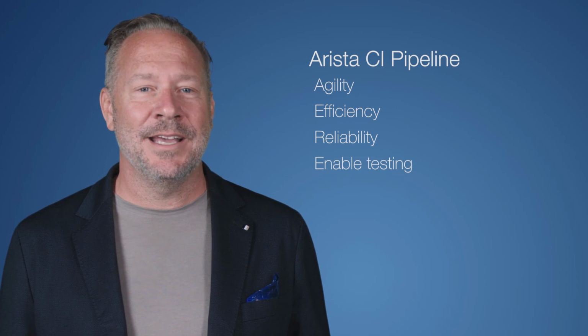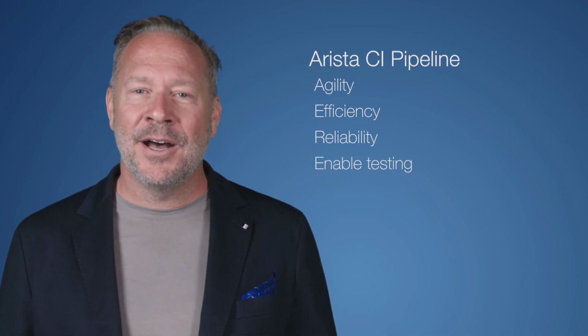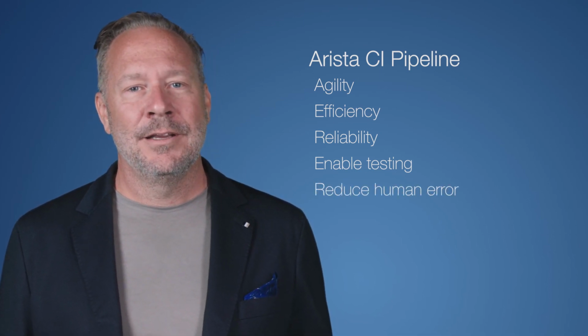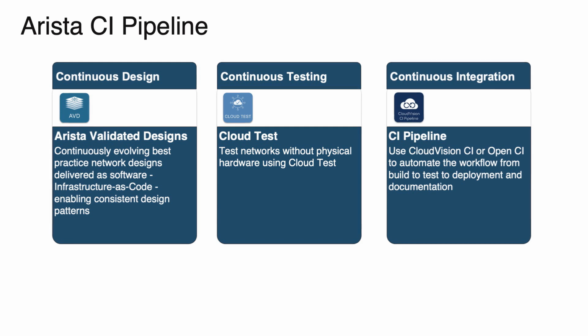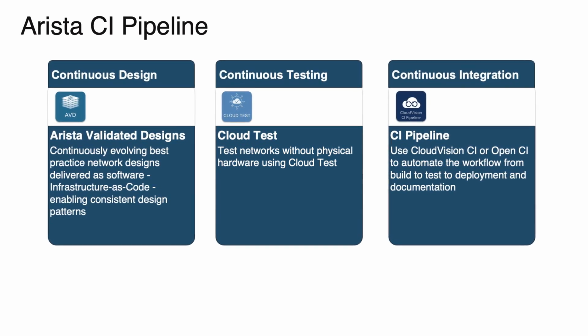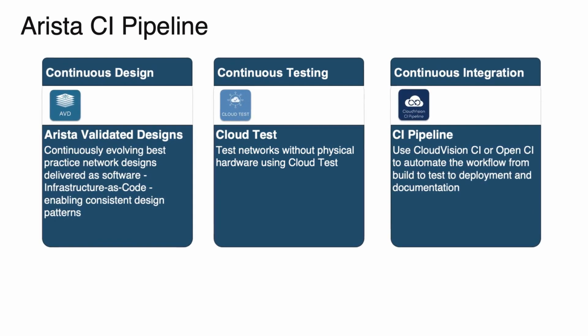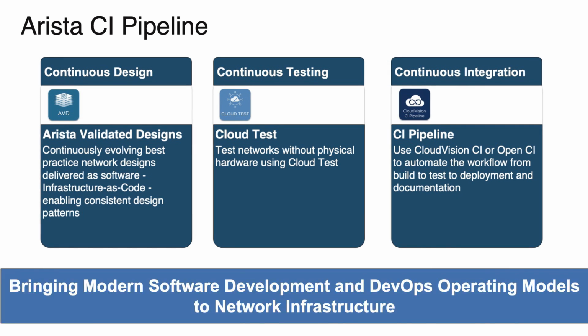while enabling testing as opposed to rollback, and thus reducing human error. The solution consists of Arista's validated designs, cloud test, and continuous integration. These three tools work together to build the network, test the network, and deploy the network without an error-prone CLI and through software-based automation. Let's start with Arista's validated designs, or AVD, which takes Arista's best practices and turns them